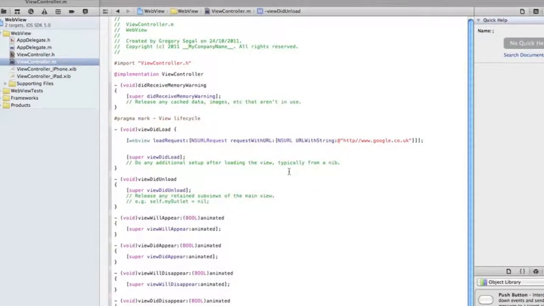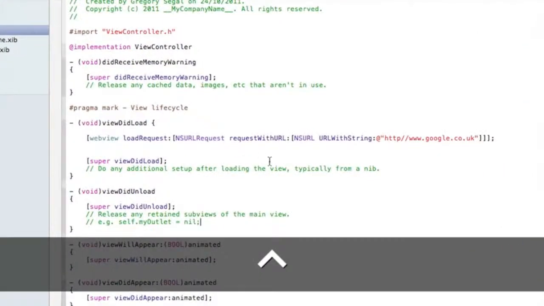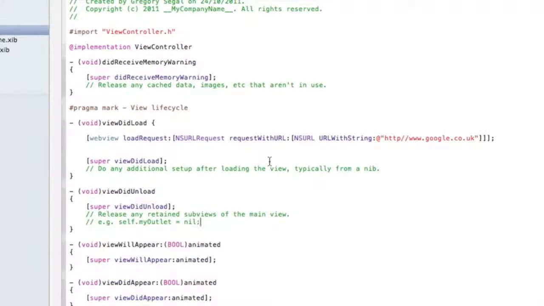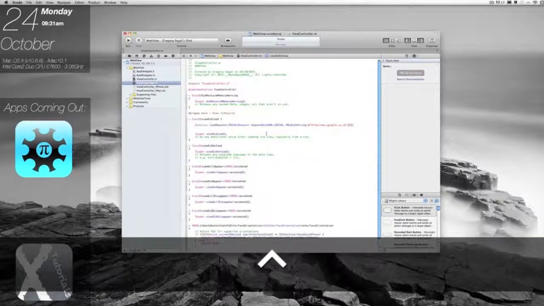So I'm just going to leave that there for a minute, so you can have a look at it and maybe zoom in a little bit more. There you go. So that's webView, loadRequest, NSURLRequest, requestWithURL, and then NSURL with a space, URLWithString, and then we're going to do it to whatever website you want. But for this specific tutorial, I'm going to do it to Google. So once that's done, I'm going to zoom out,